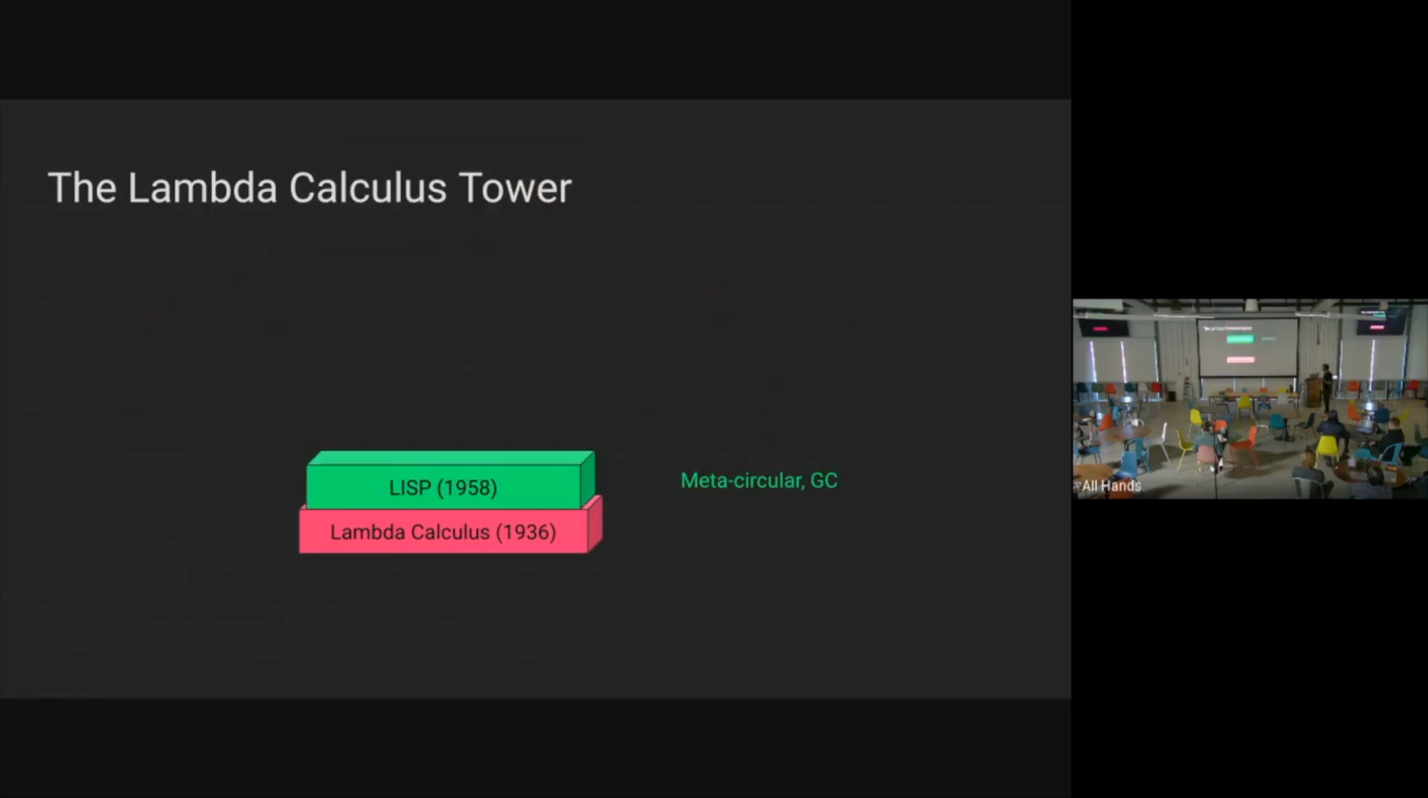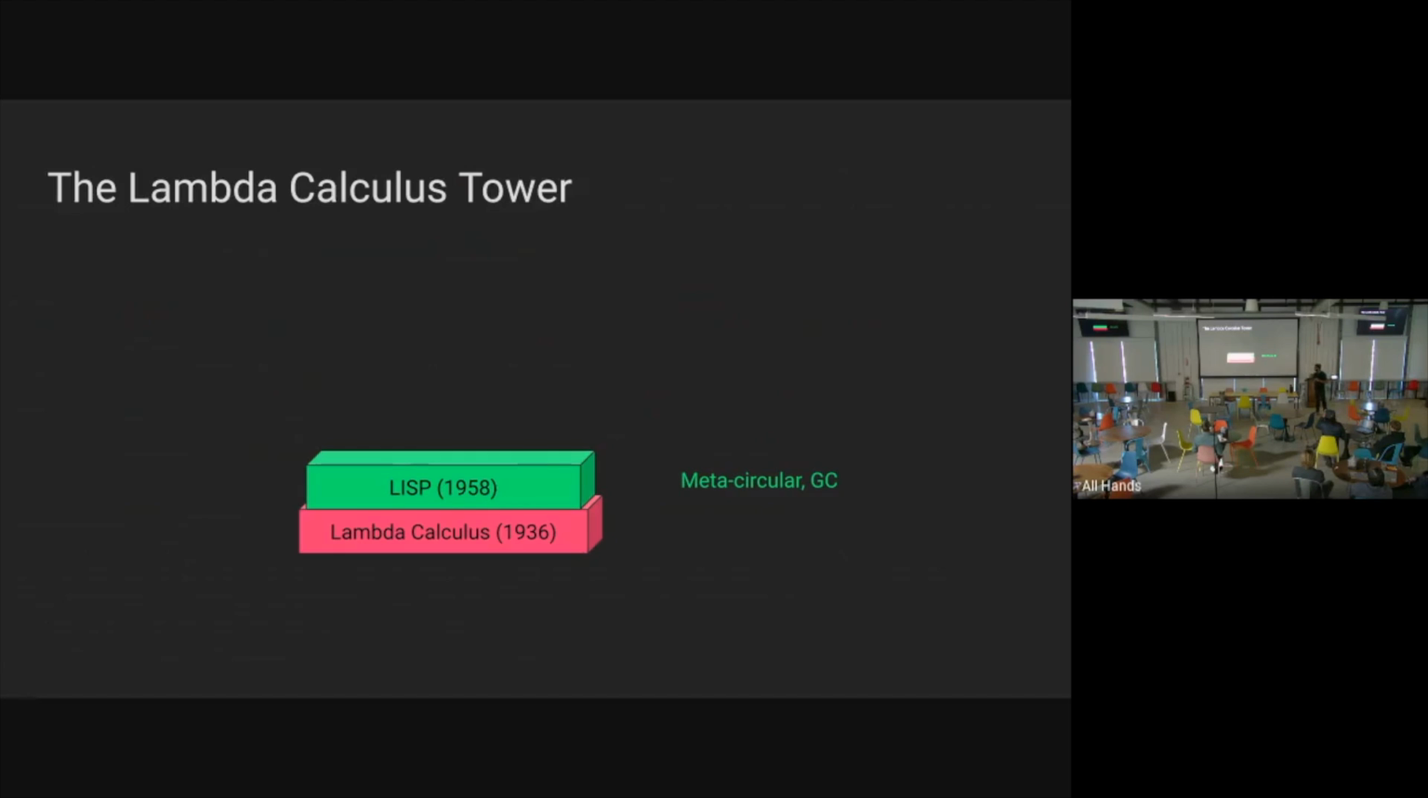Okay, the Lambda Calculus Tower. So this one looks very different because the first thing that we have is just variables, functions, and function application. And we've already seen some constructs that you can build on top of that. But one of the most interesting ones is this idea called Lisp, which came about in the 1950s. And it came about also by a mathematician. His name was John